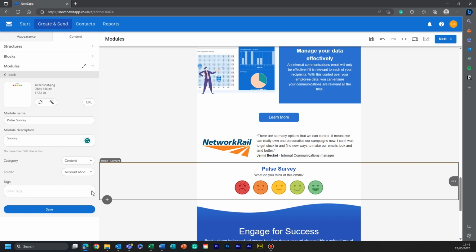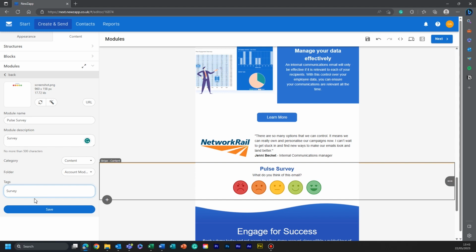The tags feature would be really useful for those of you that would be saving several modules over time, so that you can add a tag, and then when you're searching for one specifically, you can search by tag in future. If I select save,